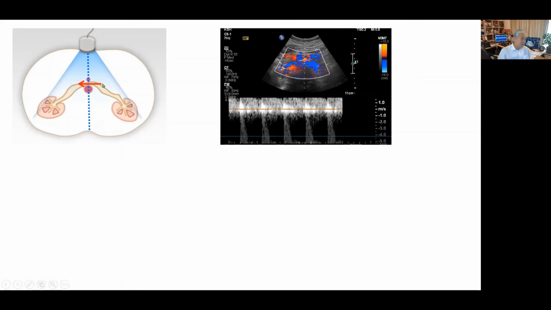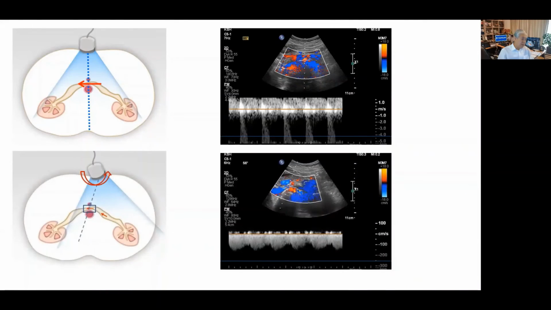Because the direction of the aortomesenteric left renal vein is perpendicular to the Doppler ultrasound beam in neutral position of the transducer in a patient with supine posture, we need to rotate the transducer counterclockwise to make the Doppler angle better. And we need to use a thick sample volume to include the left renal vein between the pulsating aorta